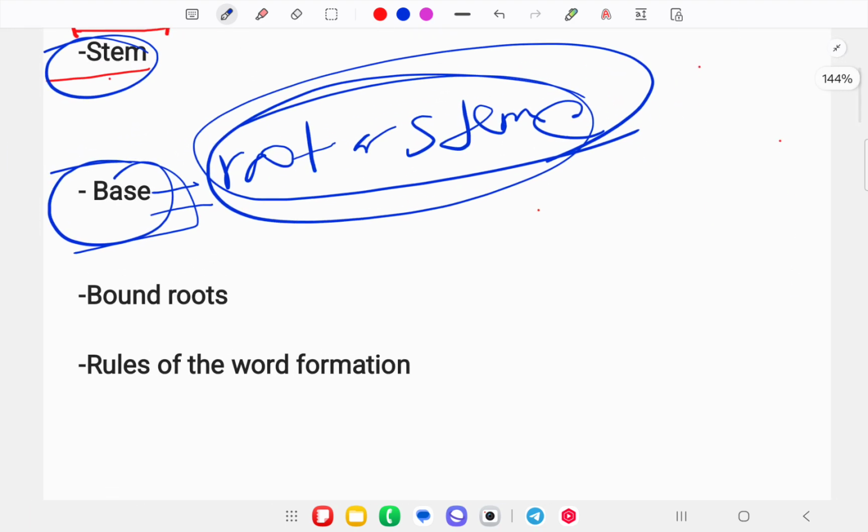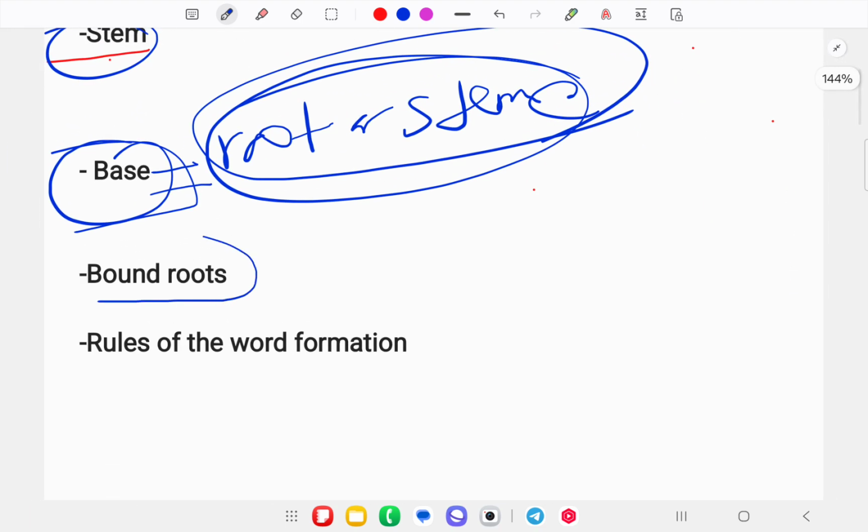Next, we have the term bound roots. What are bound roots? When do I talk about the bound roots? Bound roots do not occur in isolation, and they acquire meaning only in combination with other morphemes. Like if you take an example, just like we can say